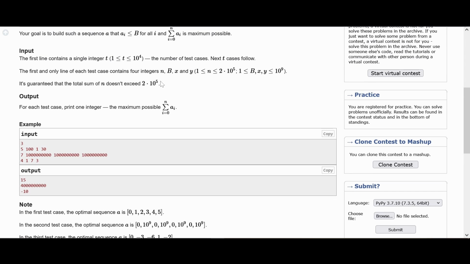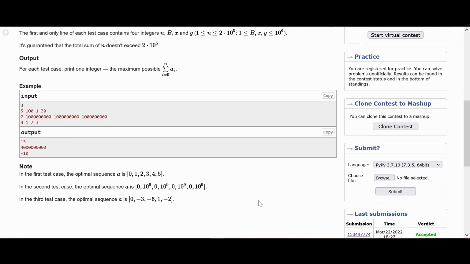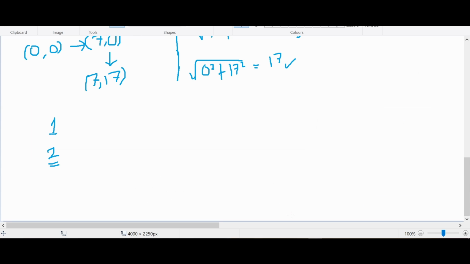So there will be n elements in our array, and each element has to be either less than or equals to b, and how to select that element will be up to us. So it can be either this or it can be this. So let's try to understand the problem more